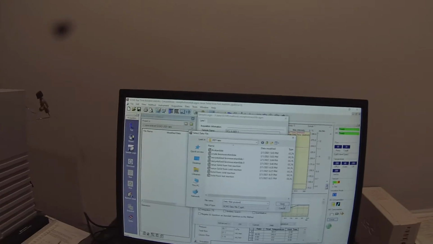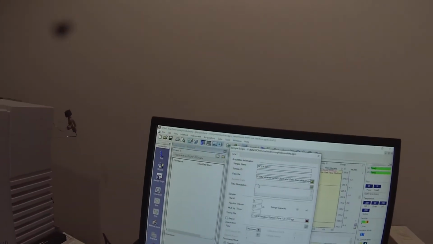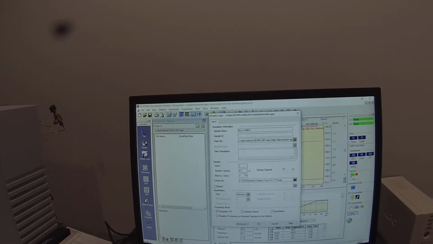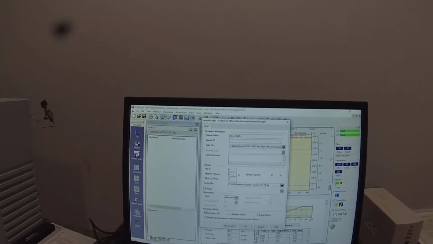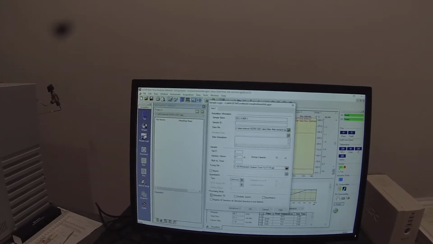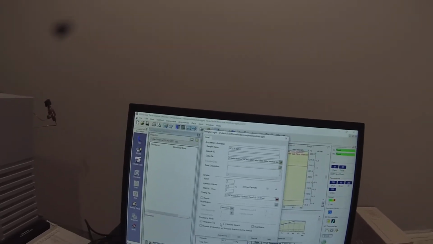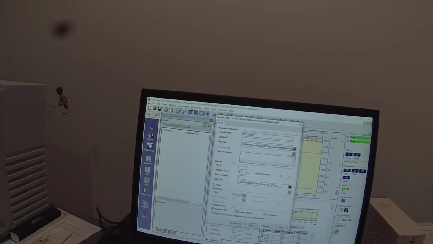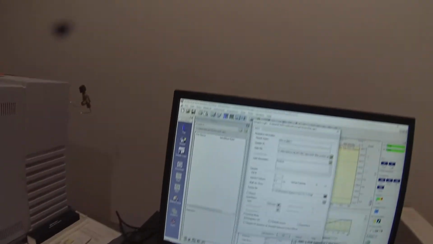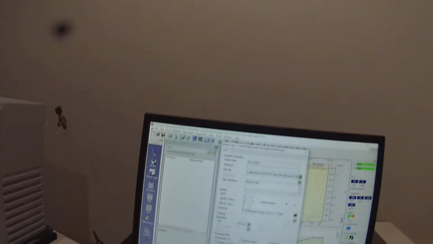Not 100% certain what it is, of course. It's in vial number 1, an injection volume of 0.1 microliter should be good. I'm going to tell it I want to do an integration, but I'm not going to do a similarity search because the product is almost certainly not in there. And under data description, this is the product of Diels Alder reaction